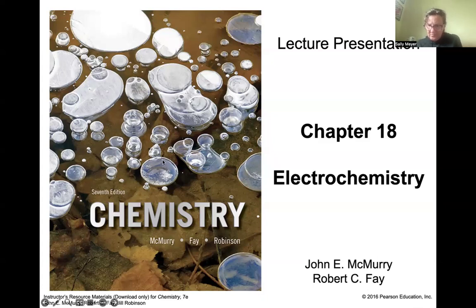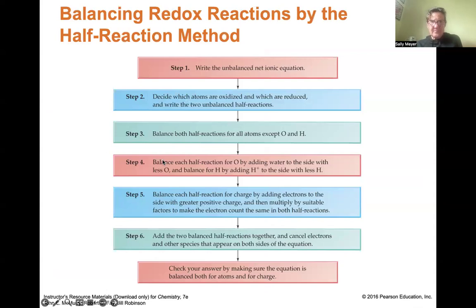So we're going to have to remember how to balance redox reactions. So we will practice these. This is the flow chart that you would have used in Chem 107 to balance redox reactions, because electrochem involves